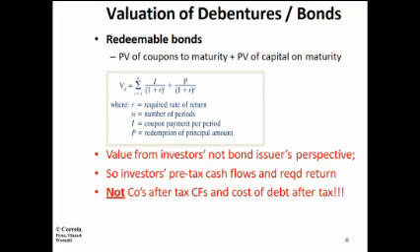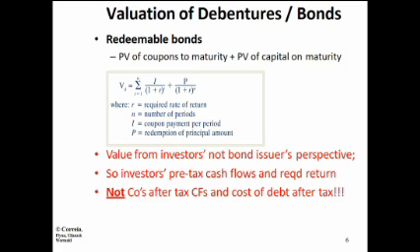So you can see in the formula here, the value of the debenture is going to equal the coupon payment per period, and obviously depending on how often these payments are made, whether they are made semi-annually, annually, or quarterly, this will determine how they are going to be present valued. And then P in our formula represents the redemption of the principal amount. Depending on when the redemption is going to take place, it could take place in 3 years, it could take place in 5 years. This will also need to be present valued